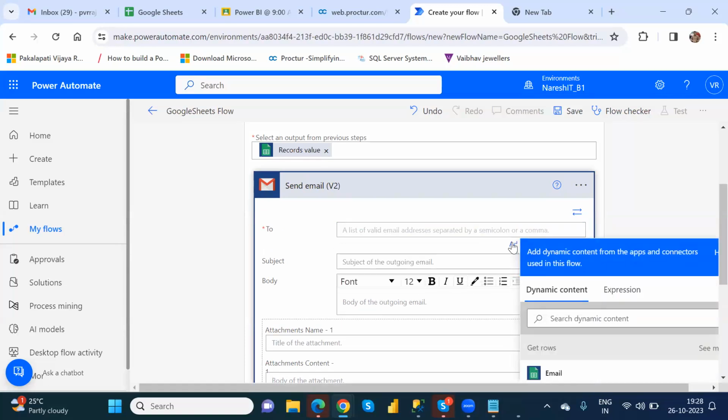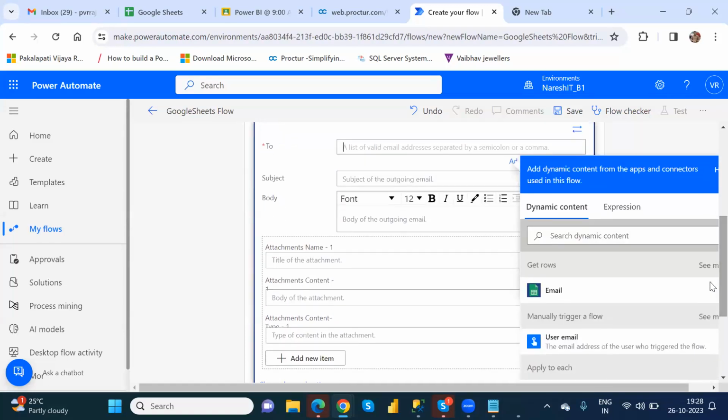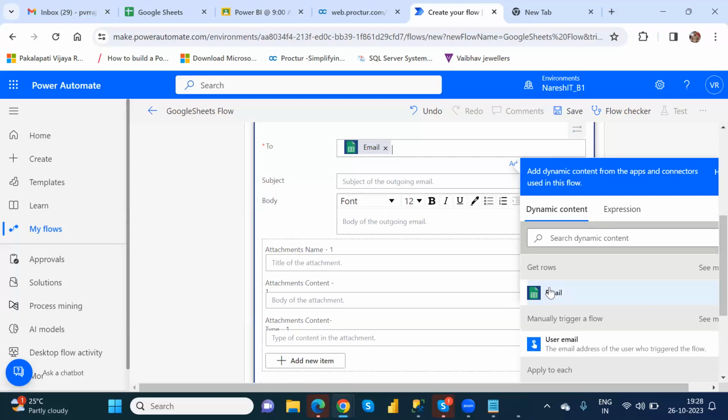See here, you can click on add dynamic content. In that Excel, to whom do you need to send? There are some mail IDs available in the Excel sheet, under an email column. In that email column, you have to select it, right? If you select that email column here, whatever mail IDs are there in it,